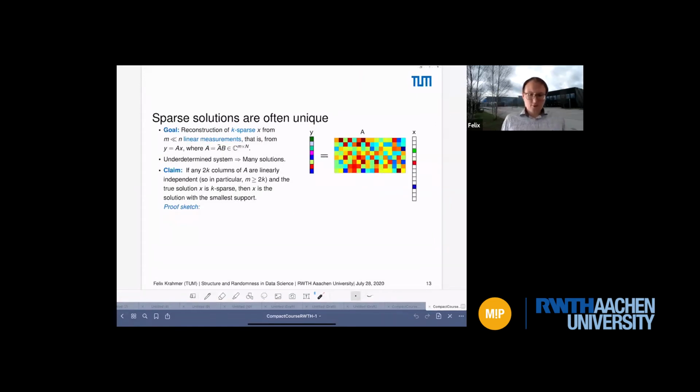The sparse solutions that we're having here are in fact often unique. I mean, that's sort of what gets us going. So I think before we go into introducing randomness and trying to have well-conditioned, good recovery, let's try to convince ourselves that we actually have a chance, and that it's not completely hopeless. So we have to remember, recall, our goal is to reconstruct a k-sparse signal from